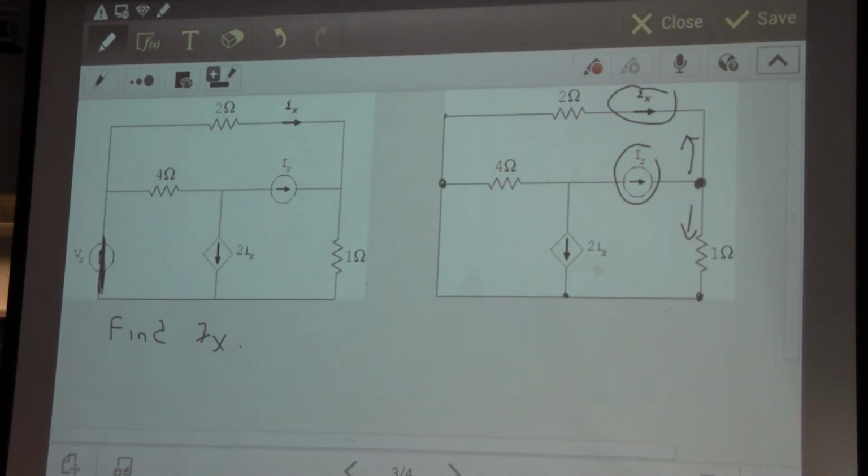So both of those resistors are in parallel. So we have some current coming into some node, and we have two resistors in parallel. Current division, we can do current division when we have resistors in parallel. So then by current division,